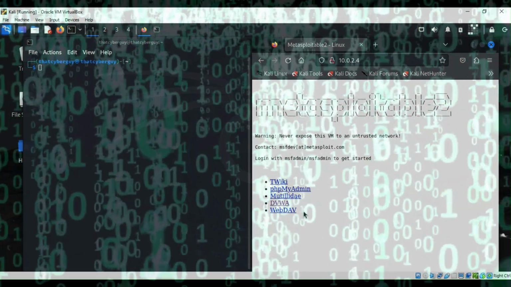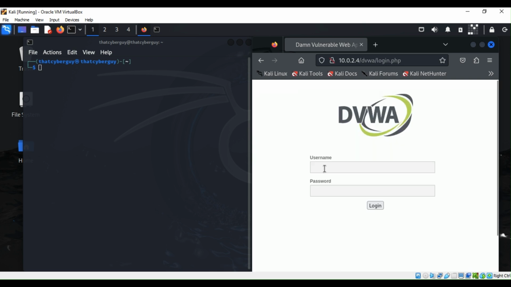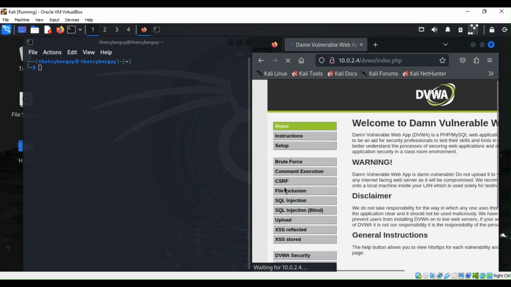So I have Metasploitable open. You can just do DVWA or the option. So I'll probably click on DVWA and then try to log in. Probably this is what I'm going to use to scan. But first of all, I can try to see if there's any update for